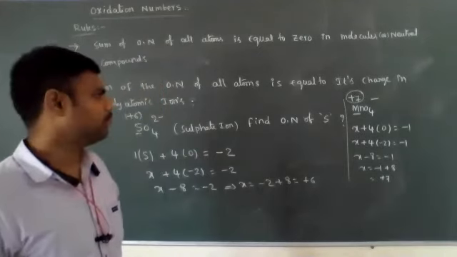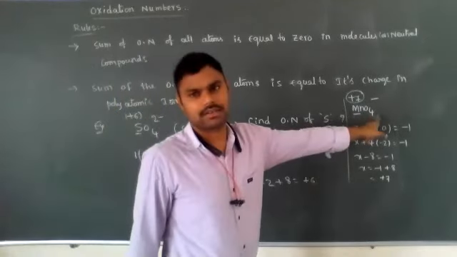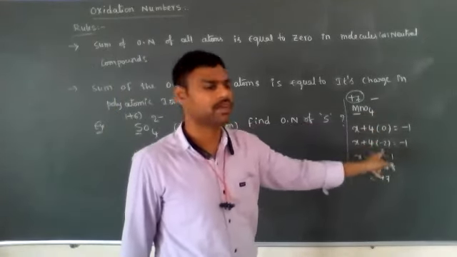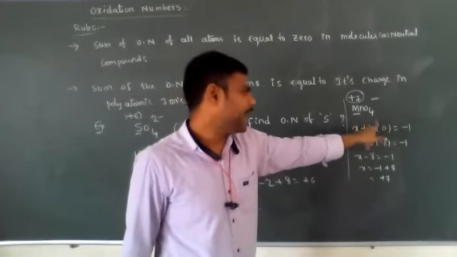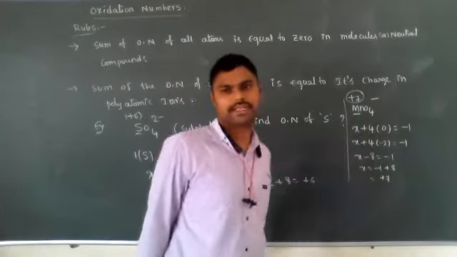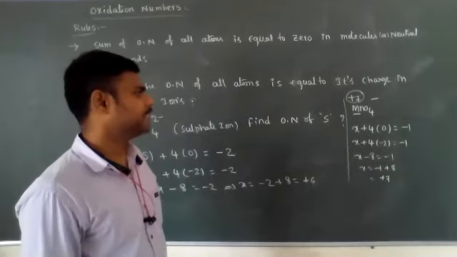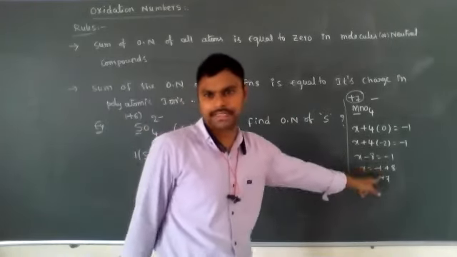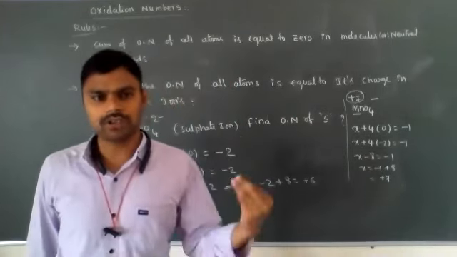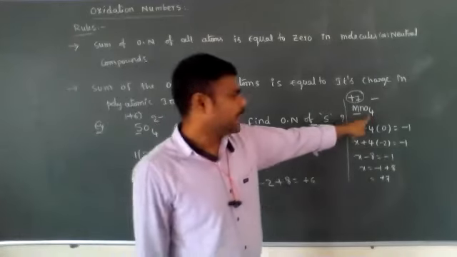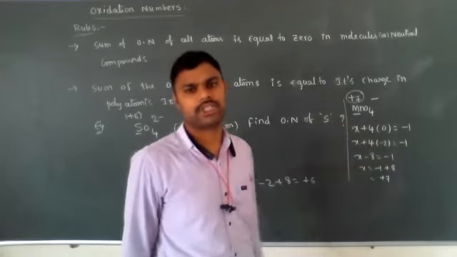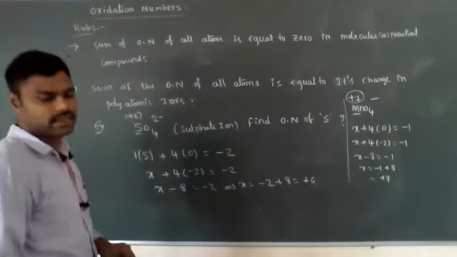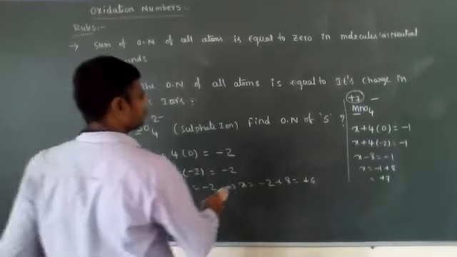Already in the equivalent weight calculation I had written oxidation numbers. How did I calculate them? By using these rules only. MnO4 minus is an ion. What is the charge on that ion? Minus 1. That's why the sum of the oxidation numbers of all atoms in the ion is equal to minus 1. Then the manganese oxidation state is plus 7, because oxygen is a bonded atom and its oxidation number is always minus 2. Clear, students? Let's see one more example.